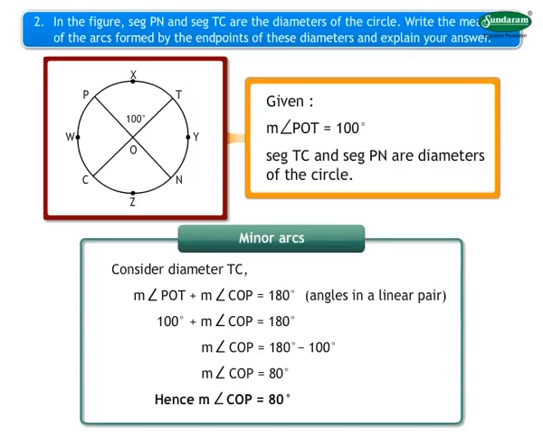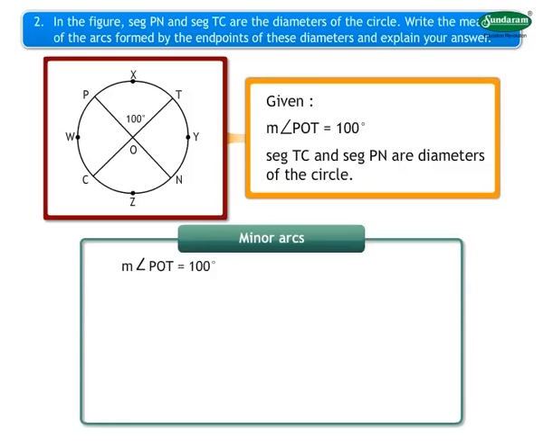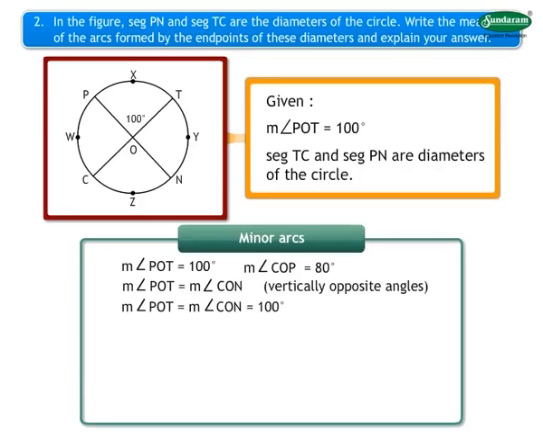Hence, measure of angle COP is equal to 80 degree. So we have the measure of angle POT is equal to 100 degree and measure of angle COP is equal to 80 degree. I hope you remember the rule that vertically opposite angles measure the same. And as per this rule, angle POT and angle CON are vertically opposite angles and hence they will measure the same. Therefore, as the measure of angle POT is equal to the measure of angle CON is equal to 100